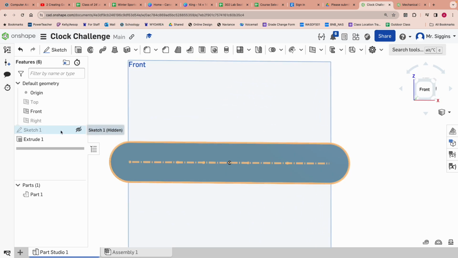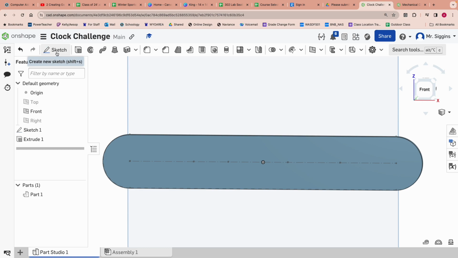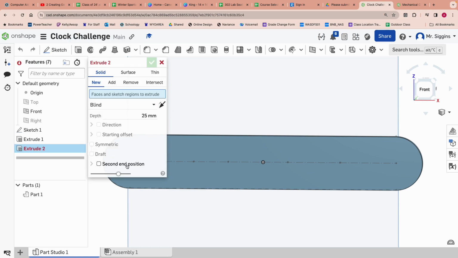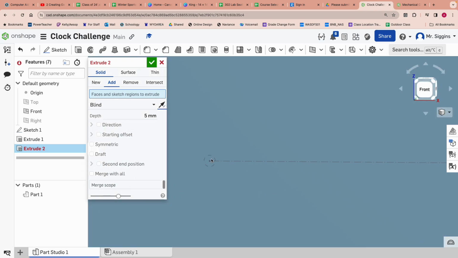on top of which I'm going to associate my pinholes. I'm going to go back over to my sketch and turn on my sketch so I can see my holes. Next thing I do is I want to pull some pins out. So I'm going to extrude, make an additional extrusion. This extrusion I'm going to call 5 millimeters deep. You'll see why in just a moment. I'm going to add some pins to this board. Probably going to need to change the direction if I had to guess correctly. And I'm going to select